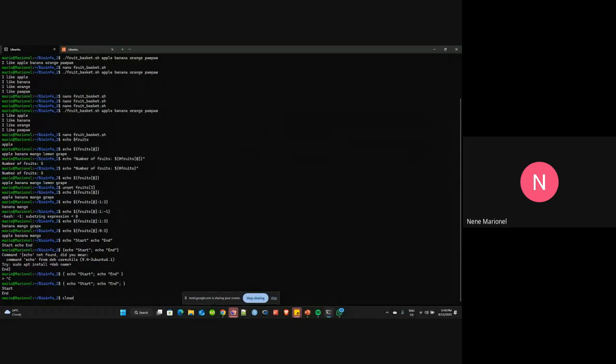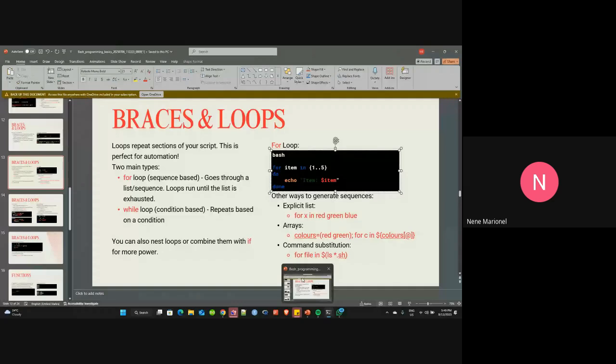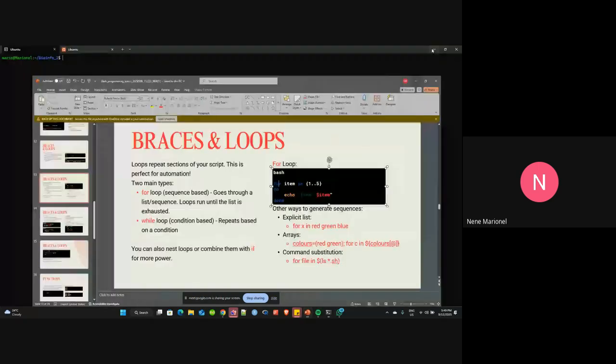So let's clear. I want to see how many. I don't want to create a script. So I say for item in our curly braces, and I want you to help me do it 10 times. I want to iterate over 10 items, and then I tell it to do